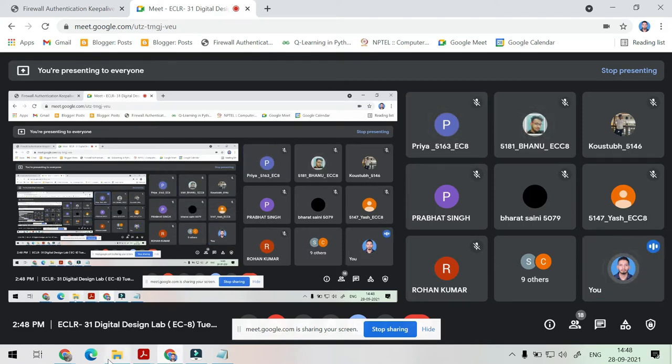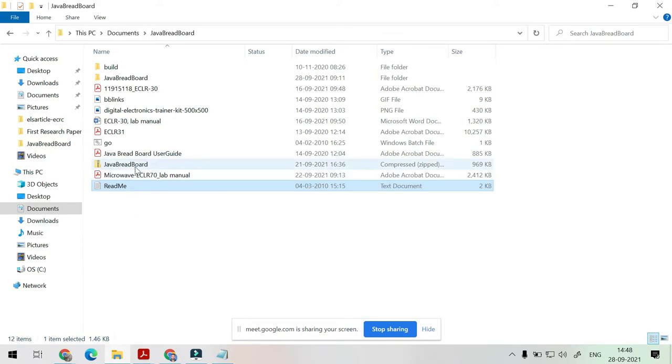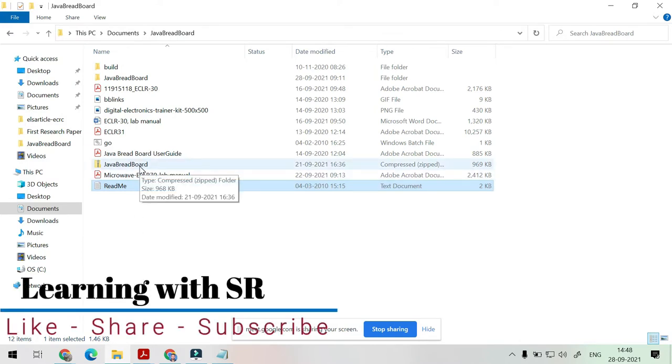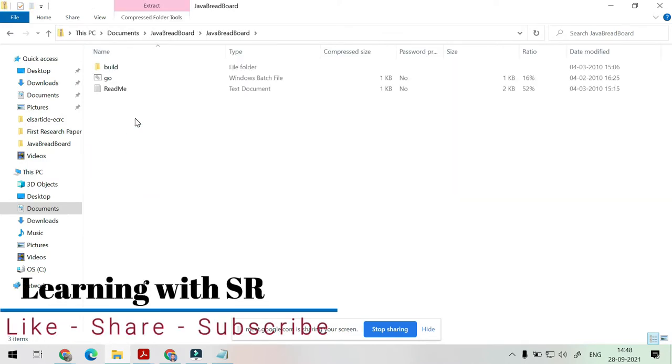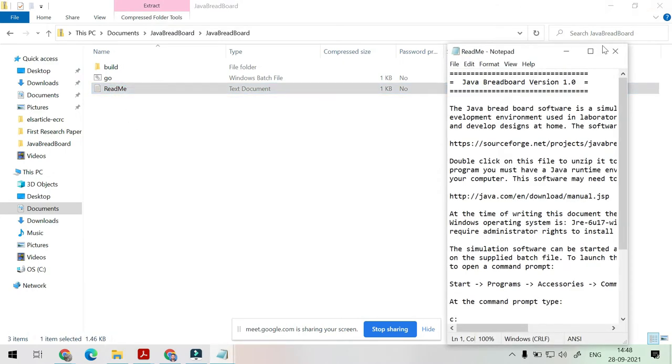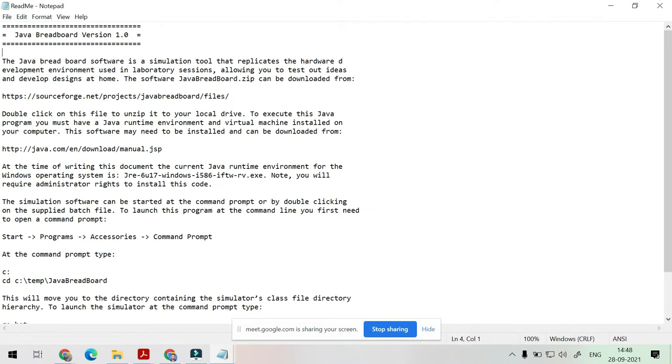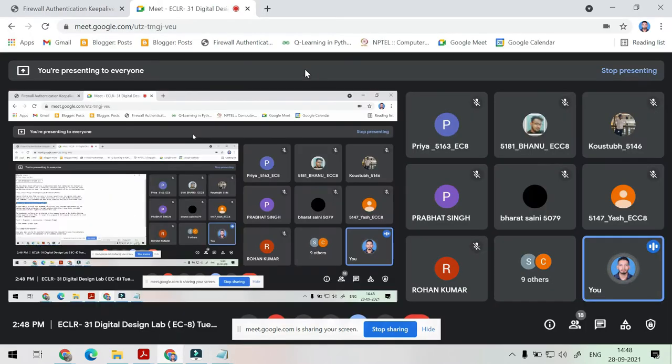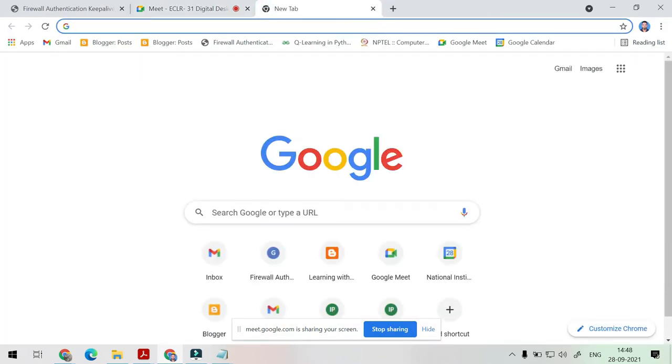Okay. I think I have sent you this Java Graduate file. After that, what you have to do is double click it, and here you will get the README, and you will get all the instructions. So the Java file I have already provided, the Graduate file. After that, you have to go to this link. Just copy this link and go to it,